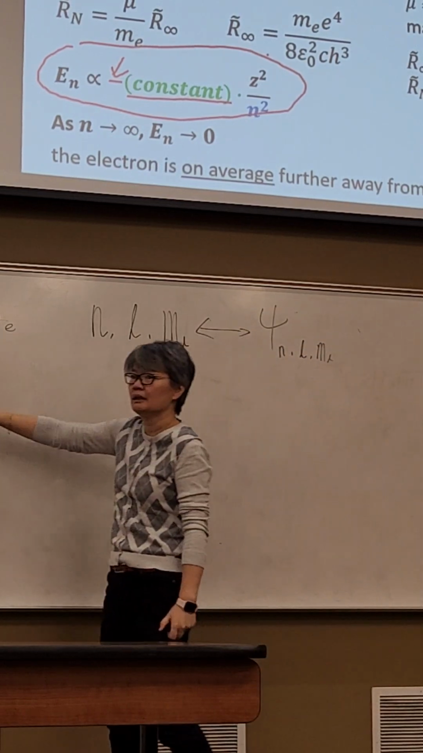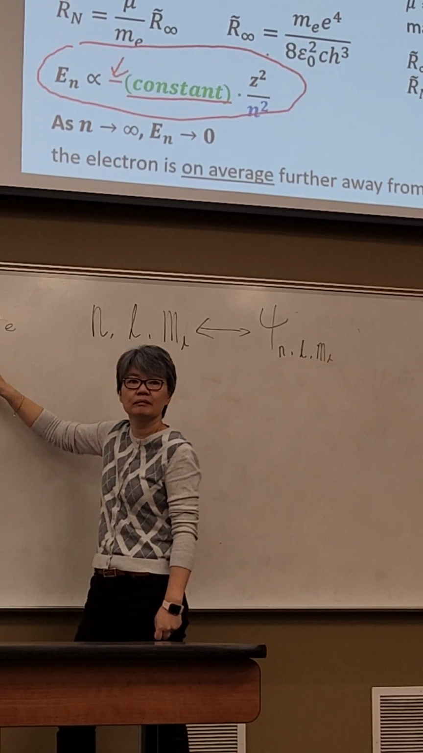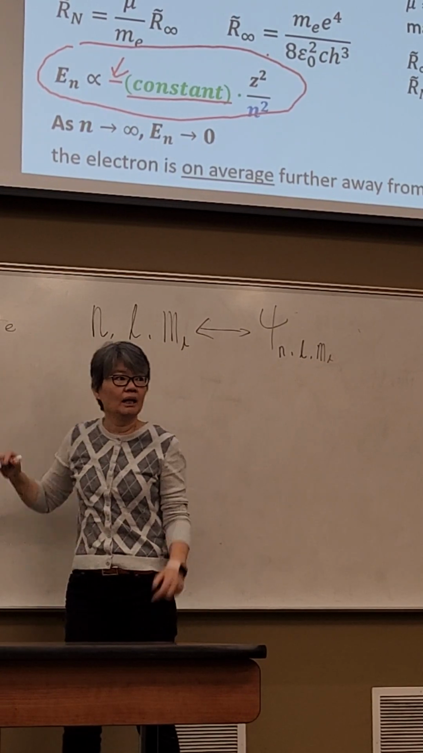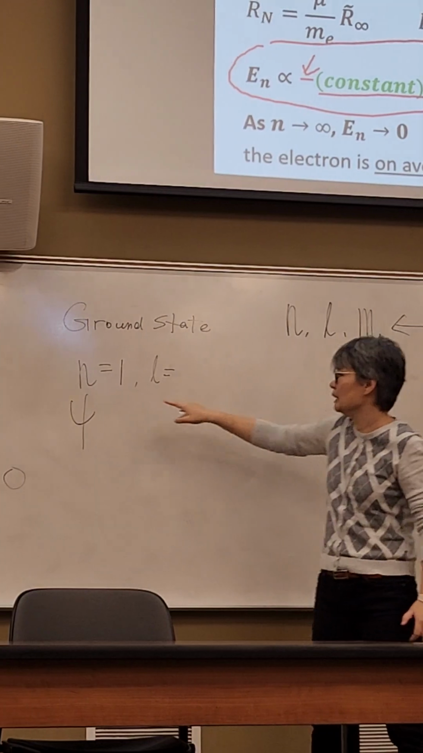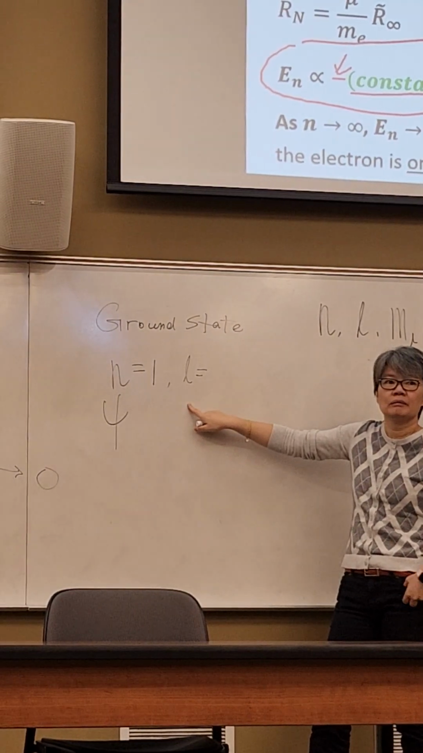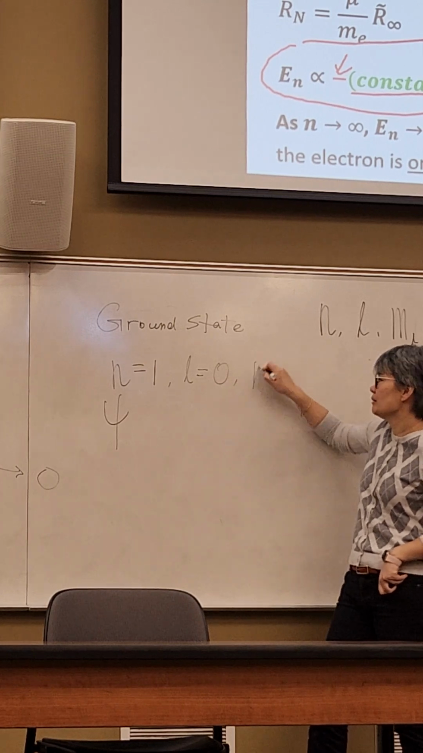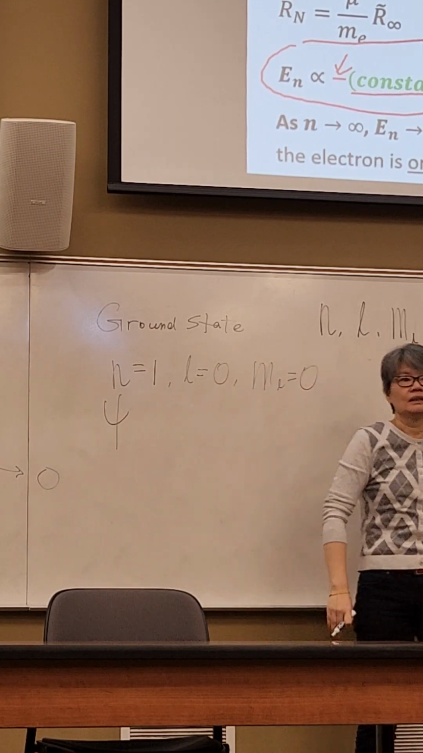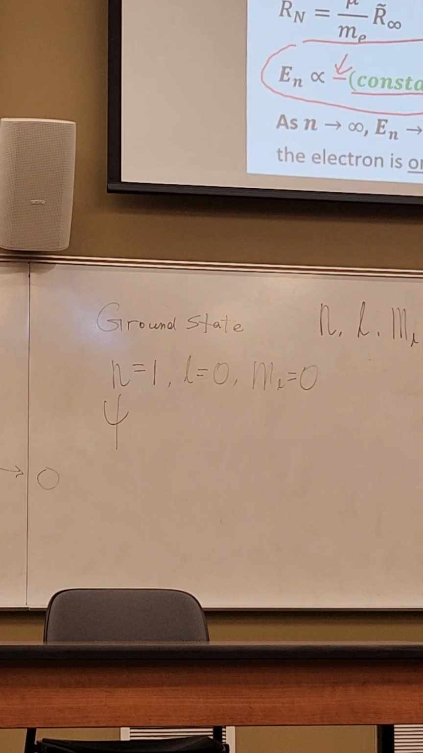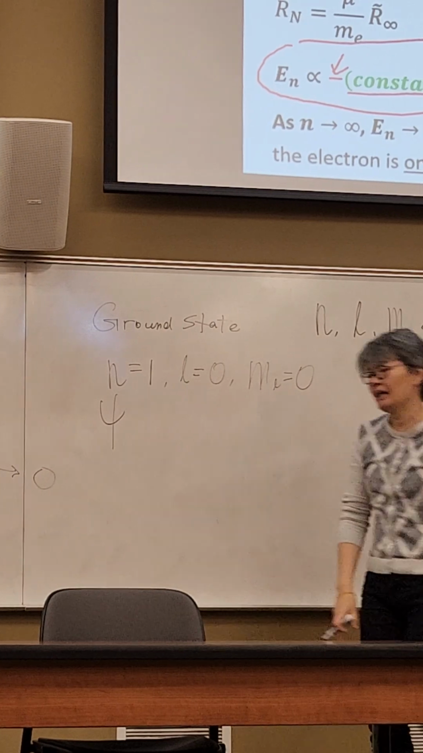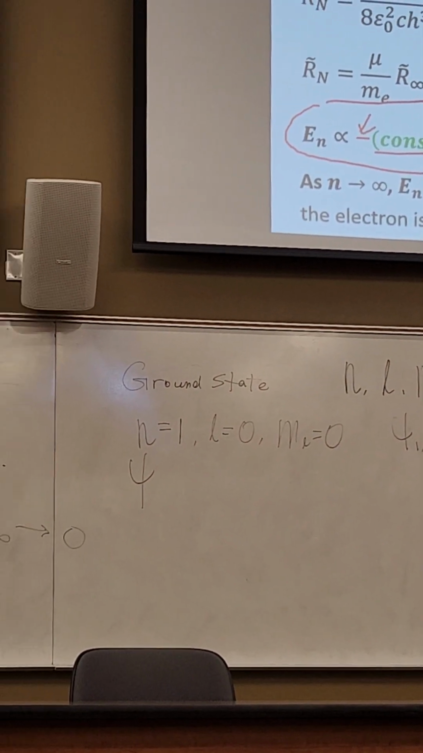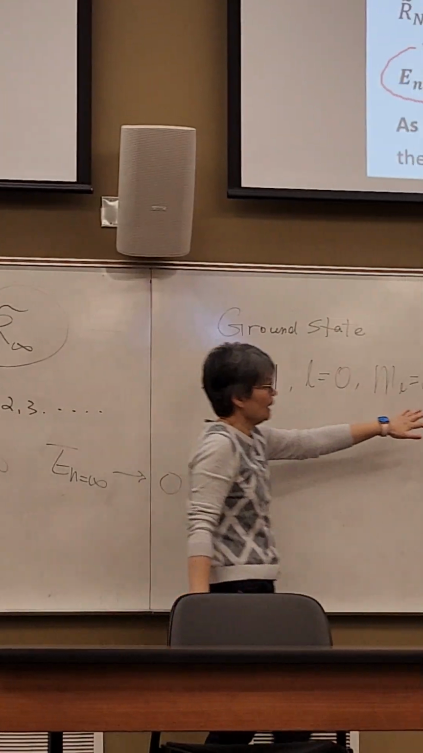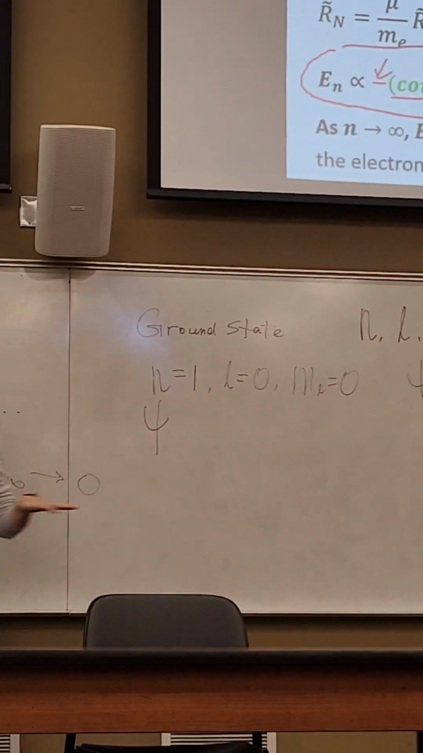So if n equals 1, what would be our l value? n restricts the value of l, and l restricts the value of m sub L. So when n equals 1, l equals 0, only 0. Then m sub L can only take 0. Therefore the ground state will be psi 1,0,0. We'll come back to this, but that is our ground state